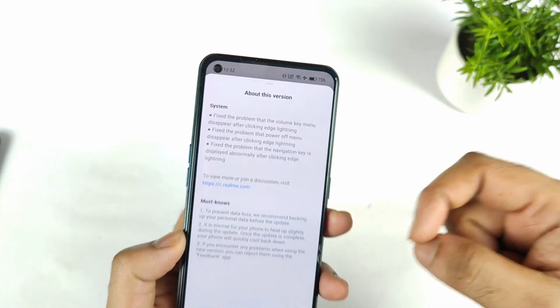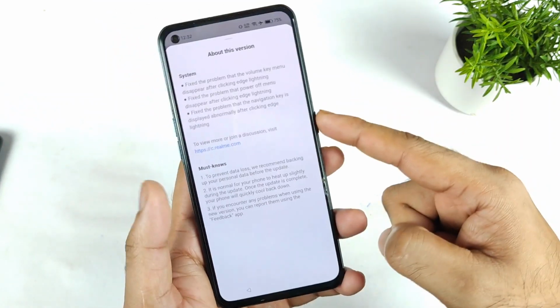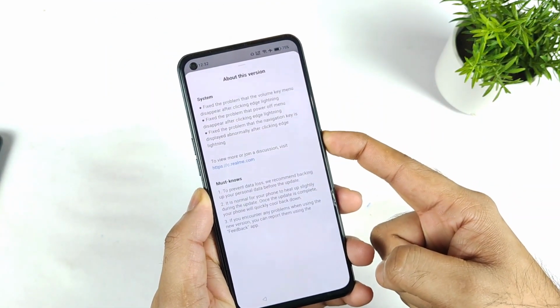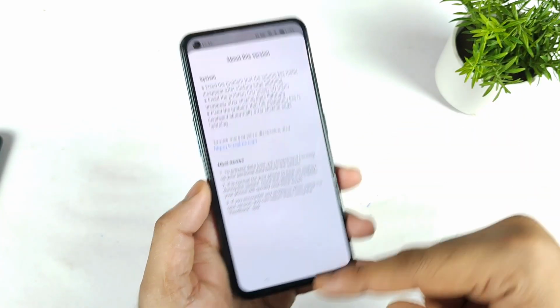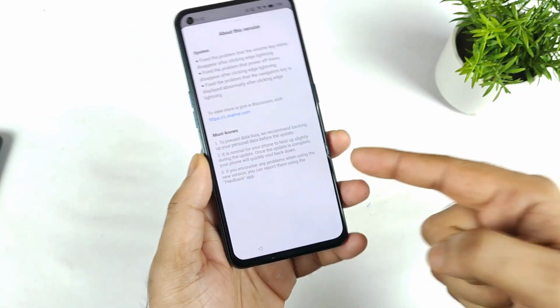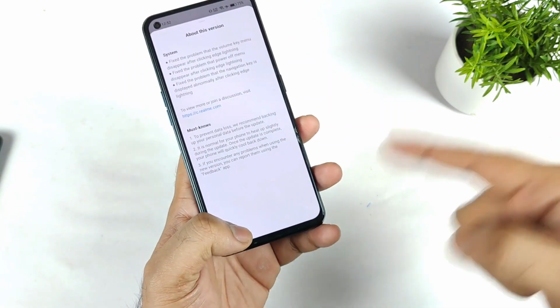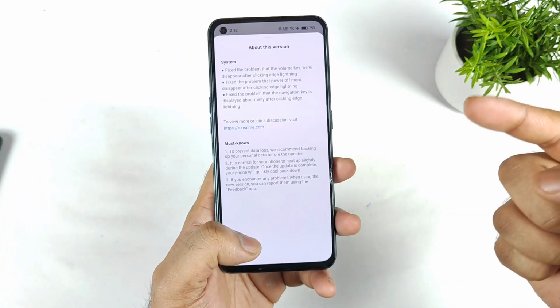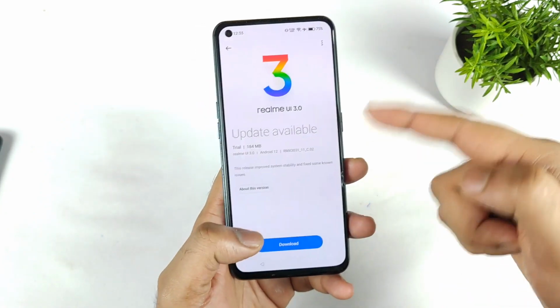As you can clearly see, if you try to activate the edge lighting effect, you won't get any power button, home button or menu button, and even the power on and off button won't get activated. You cannot even turn the phone off and on if you activate the edge lighting effect. That's what I did, and I activated it, and now I was unable to use it. To avoid this kind of problem, you need to schedule the power on and off mode, then the problem will get automatically fixed. But right now we got the update, right?